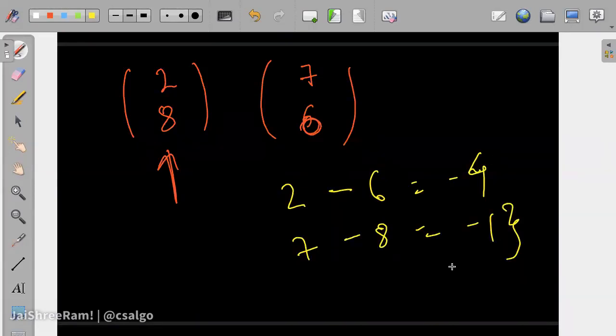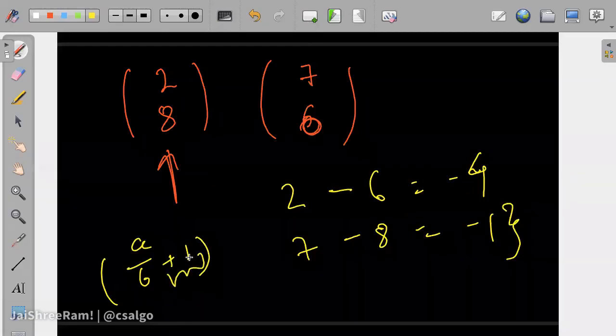Any other idea? Sort in decreasing order of A plus B by B. Okay, how did you come up with this complex idea? A by B plus 1. What you're saying is A by B plus 1, right? Amisha, am I right? A by B plus 1. Okay, this is something complex. This does not work anyway, but why add 1? If you're sorting by 2 values, then adding plus 1 will not change the order. Oh no, I think it will change the order.